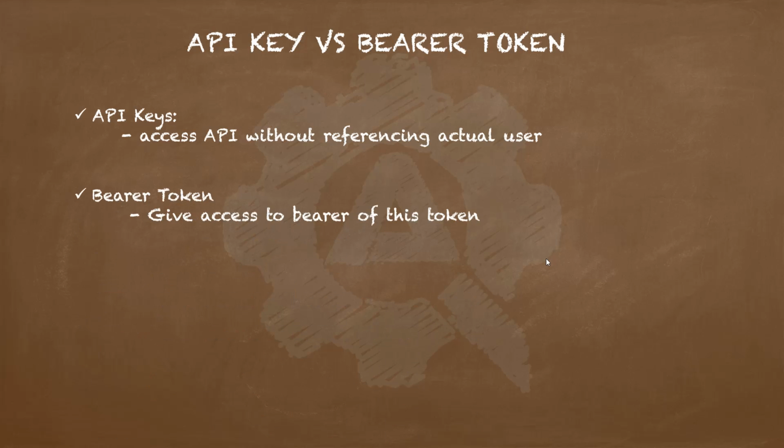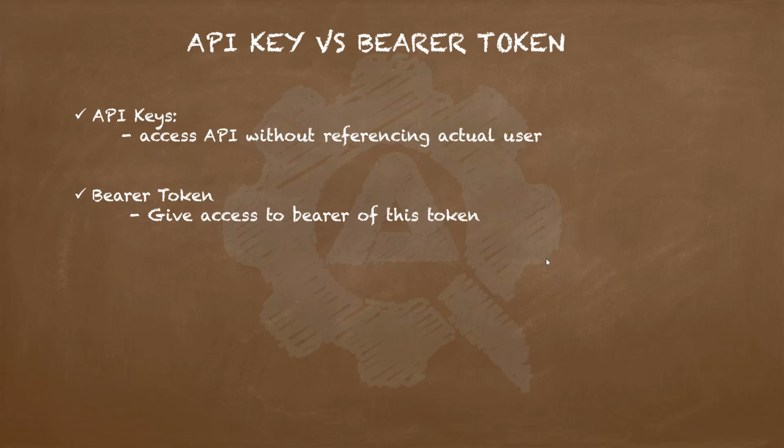What a bearer token says is give access to the bearer of this token. So, a bearer token is actually used to identify the user of that token. Usually, when you acquire a bearer token, you have to log into the server. That is, tell the server who the user is, and only then you get the bearer token. Now, the server knows who is accessing the service. Thus, this can be used for authorization as well. And hence, using bearer tokens, the server can decide which data should be shown to the bearer of the token and which should not be shown.